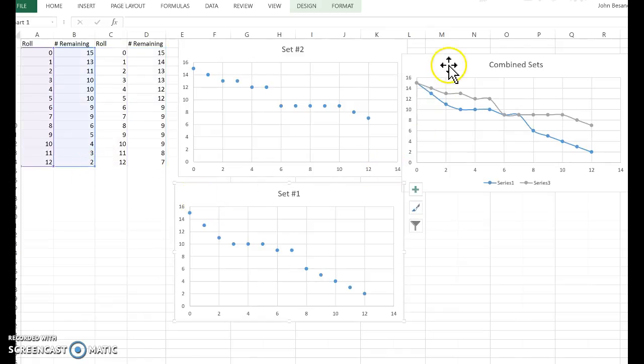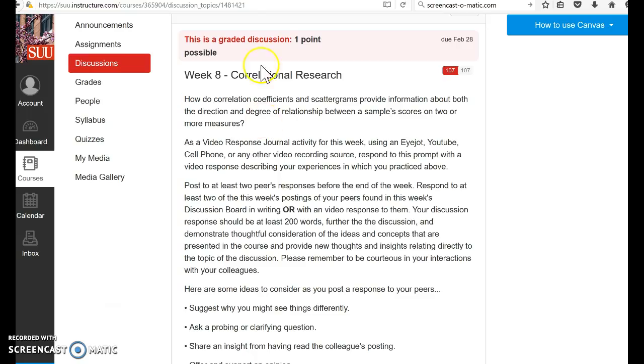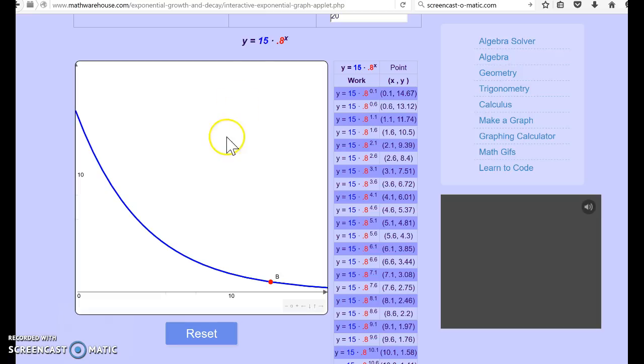And then what I did is I overlapped them to show set 1 and set 2 on top of each other here. And in class, we had the iPads going, and there was an app, and you could overlap a whole bunch of these things. We actually had 7 or 8 groups in each class, and believe it or not, when we were all said and done, we actually came up with more of the exponential decay